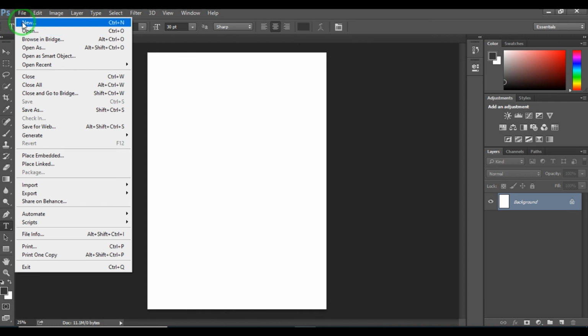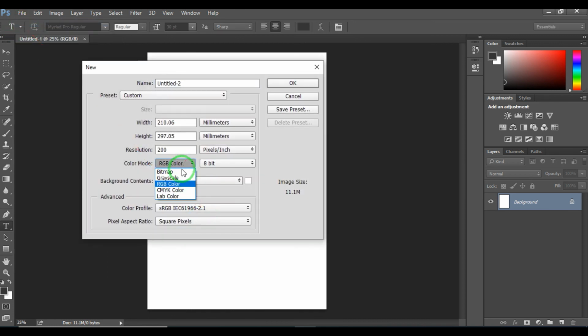Other than that, we have some other color modes like grayscale, bitmap and lab color also. I am not explaining these color modes. This grayscale mode will be having 256 gray shades in that color mode, and in the bitmap mode you have the combination of two colors, and there will be one more mode like an index mode. So it will be using again a combination of 256 colors.